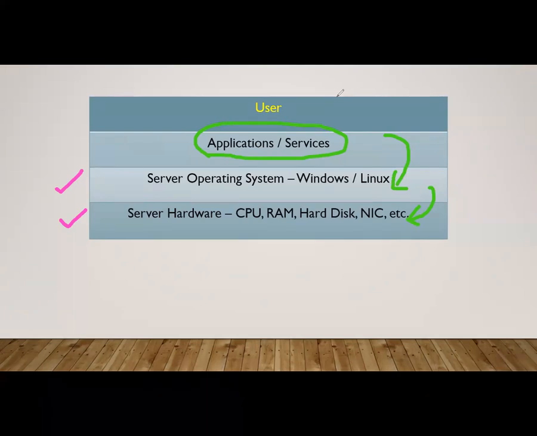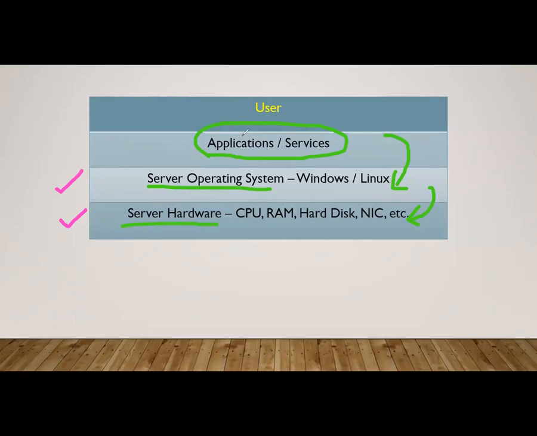Right now we are connected to a Zoom meeting, right? So we are connected to the Zoom application. You can just imagine how many more people are connected to the Zoom application as of now all over the globe. Every connection has a different ID, so it will not interchange or interconnect with each other. It's a different meeting, but many more people are using Zoom. So that means all people are connected to the Zoom application, which is running on a server operating system and which is running on a server hardware. This is the concept that you need to understand first.